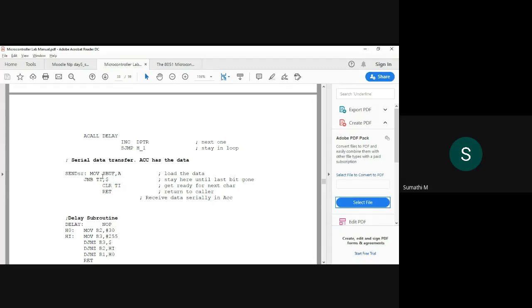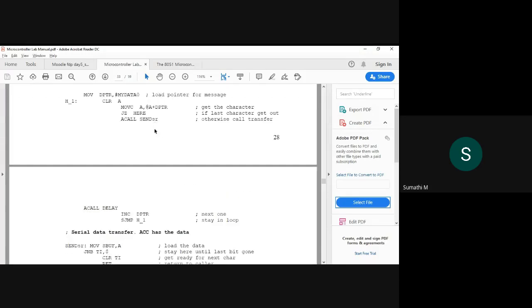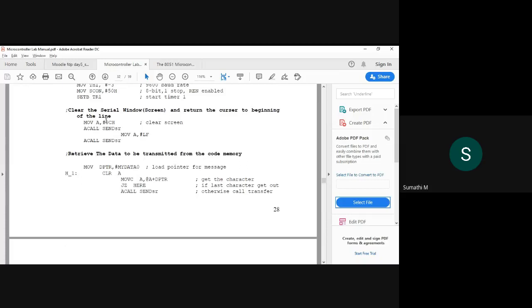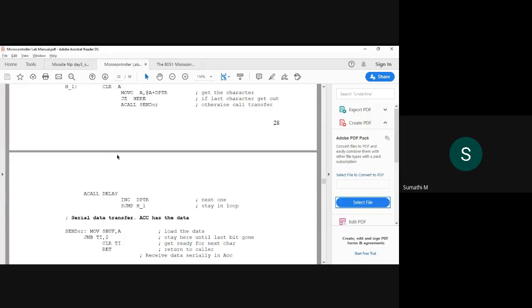Whenever you are sending data, listen properly. First the data has to be stored in a buffer register. What is that buffer register? Since you are doing it serially, there is one register called SBUF, the serial buffer register. The data has to be stored here. So whatever data we had accessed, the 0C in A will be sent to